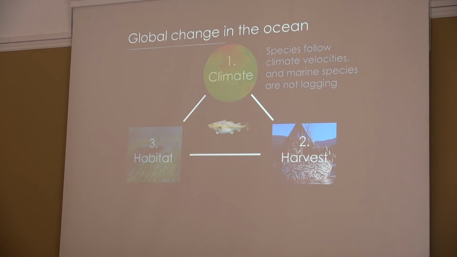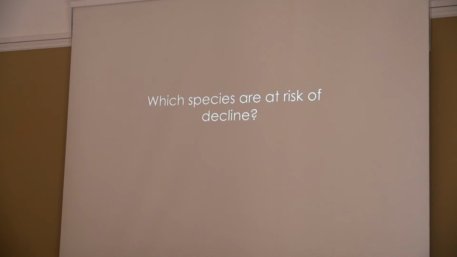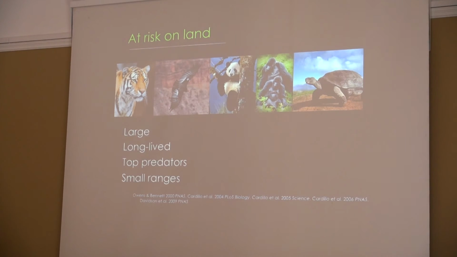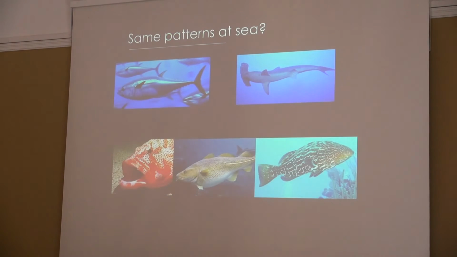So to think about harvest, you'll notice that I've been treating all marine species as more or less the same, but there's a lot of variety in the traits of these different species. And I think there's this interesting question, really basic, in terms of what kinds of species actually are declining in the ocean. This is a question that's been answered a number of different ways and a number of different times on land, and the answer seems pretty straightforward. It's these slow-growing, long-lived top predators that are most likely to be at risk of extinction on land. You might say they have relatively slow life histories. And there are plenty of examples in the ocean that seem to match this expectation.